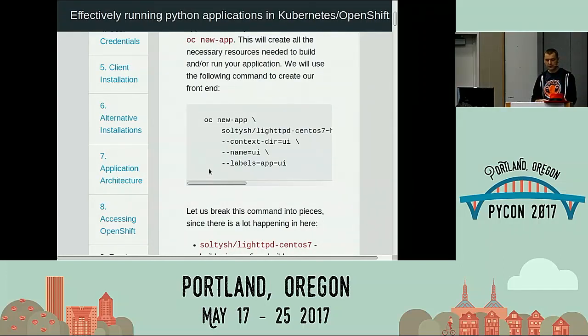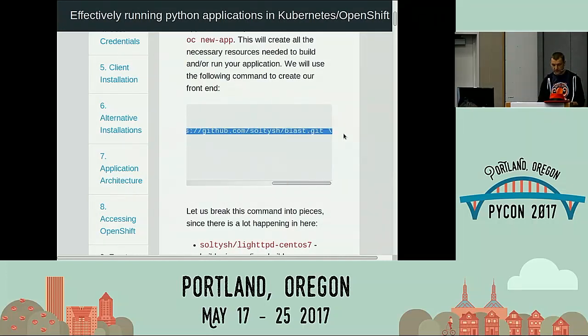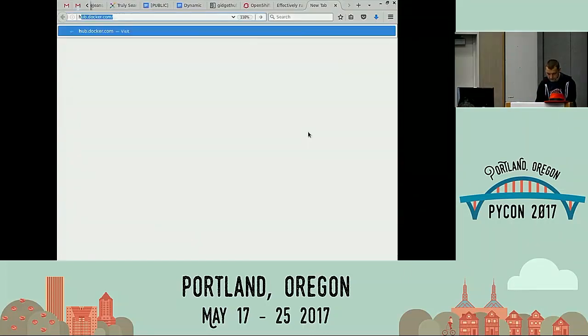In my case, this is using an image that is provided by me, which is not by default available in OpenShift, for building HTTP applications. So this is the image name that is responsible for building. And the repo URL after the tilde is where our application is actually available. If you want to check the sources of the application, you can easily do so by going to this URL, which is